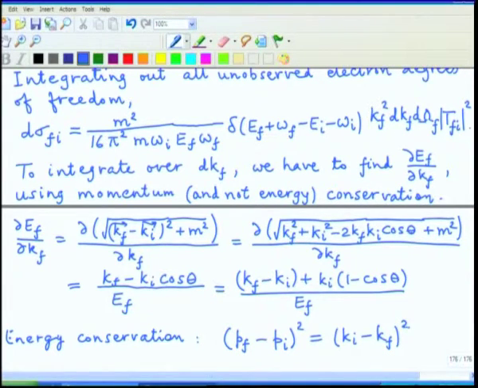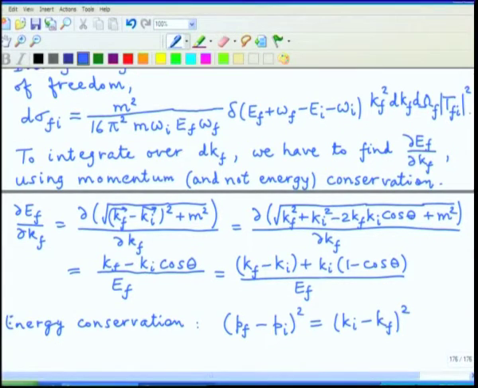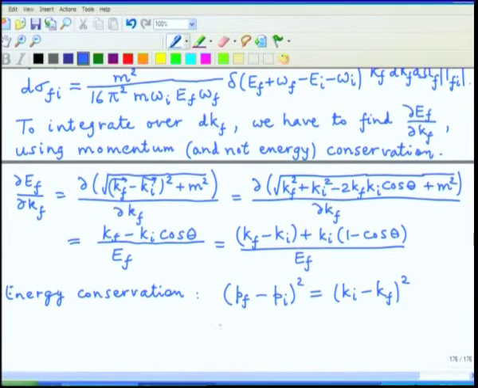And so, this identity has to hold, and what this implies now is, well, we work it out explicitly. P_f squared is m squared, P_i squared is also m squared. So there is 2m squared. P_f dotted with P_i, since P_i is just the rest mass energy, is 2 m E_f.